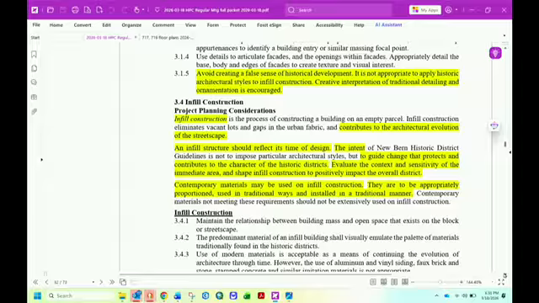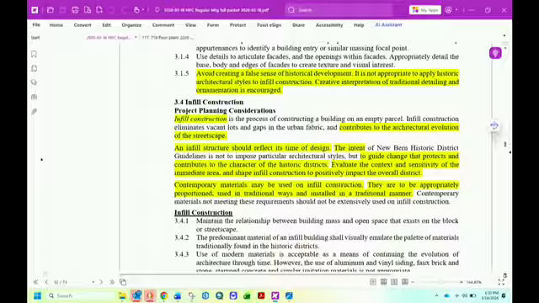An infill structure should reflect its time of design. The intent of the guidelines is to guide change that protects and contributes to the character of the historic districts.